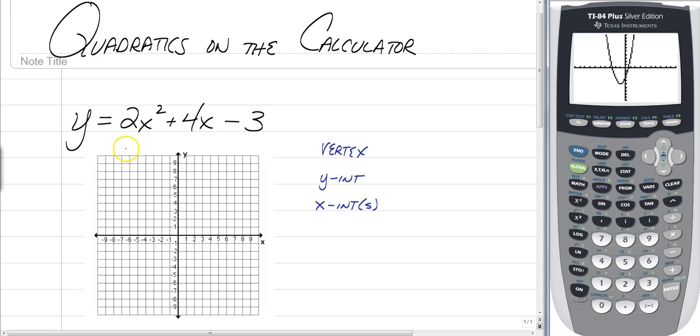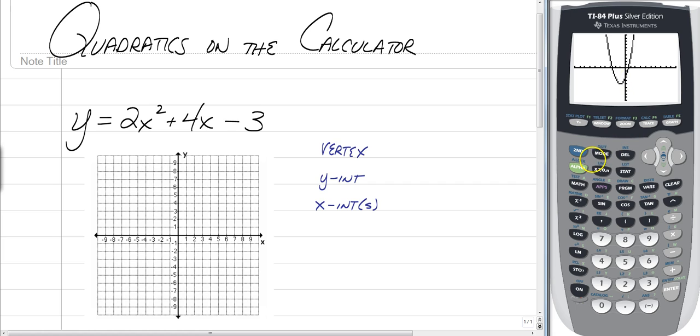So we're not going to just swoop something and say, hey, I graphed it, we're done. No, we're going to get some good points. There's a couple of ways to do that. First thing we need to do is find the vertex. Now the vertex is going to be either a maximum or a minimum. You know that since this is down at the bottom, the vertex is at the bottom of this parabola,